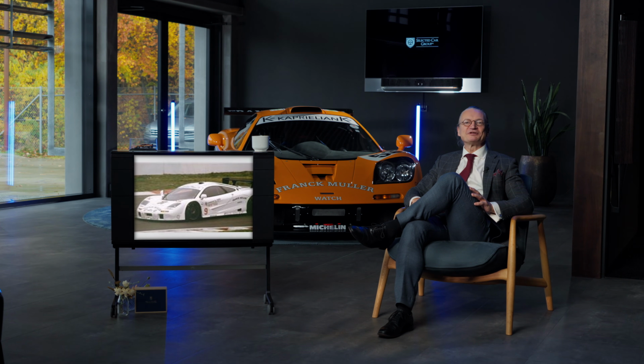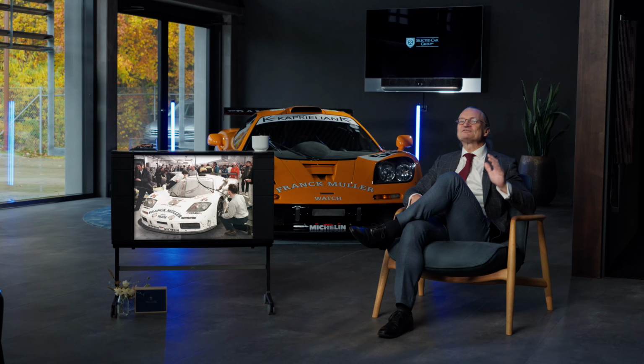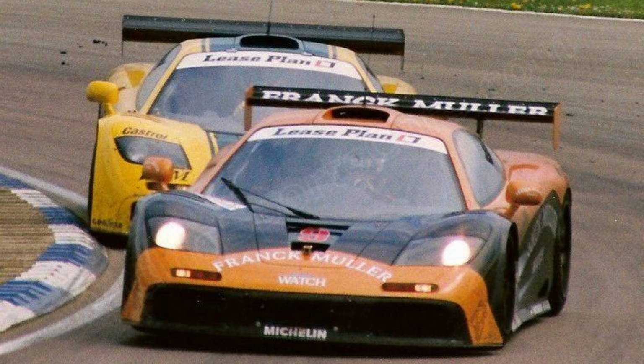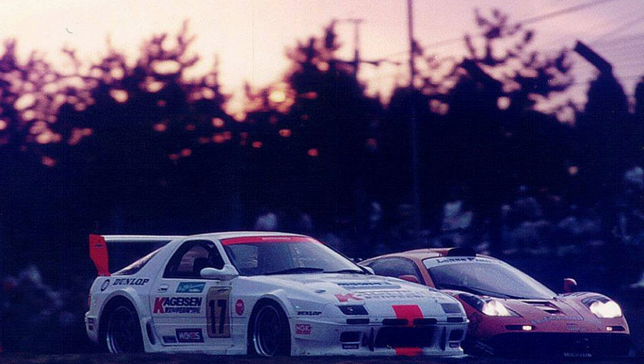Now let's get to this F1, which has led a more colorful life than most. Chassis number 11R was born into the season after that famous Le Mans victory, and was delivered in innocent white to run in the BPR series for the team of Frank Muller watch. It was immediately on the pace and finished its first 3 races with the best result, being a 2nd place at Monza. It also ran in Le Mans as well as all over Europe, then in Japan, before ending its